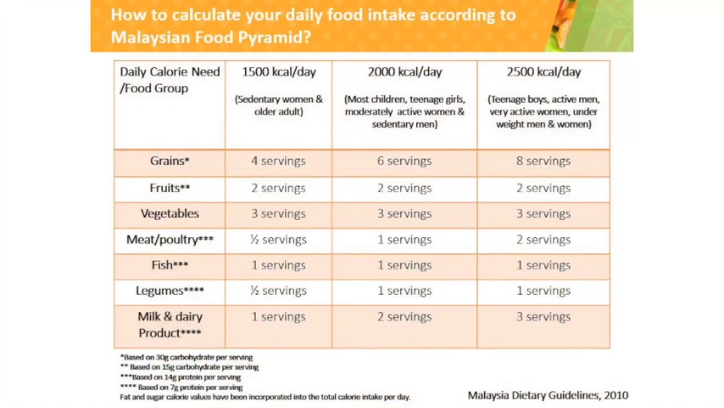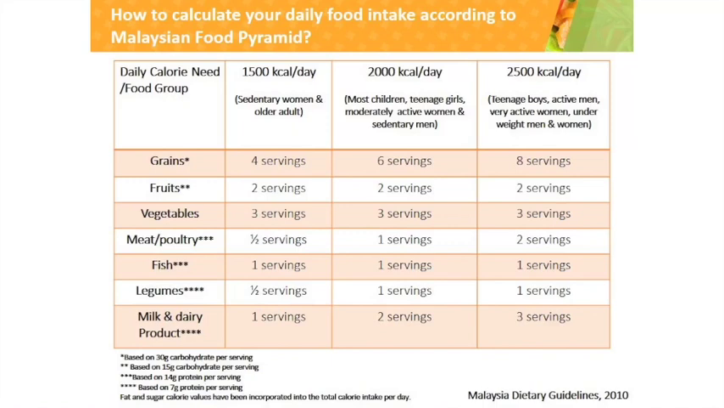To calculate your daily food intake, first, identify which group of daily calorie needs that you fall into, either 1,500 kilocalories for sedentary women and older adult, 2,000 kilocalories for most children, teenage girls, moderately active women and sedentary men, or 2,500 kilocalories for teenage boys, active men, very active women, underweight men and women. Then, follow each row and column accordingly, representing the 5 food groups in the Malaysian food pyramid and number of servings